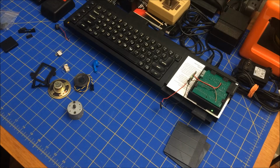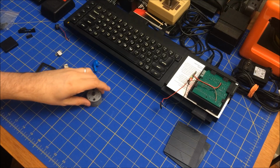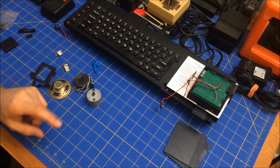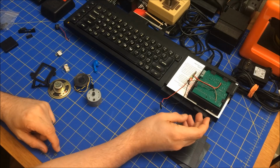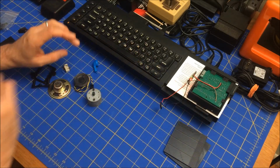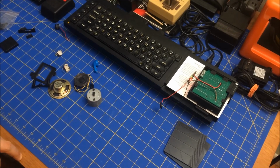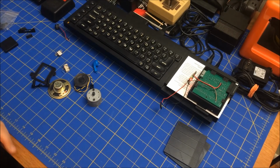And I indeed get the boot up screen. I know you can't see it. I always like to have the monitor somehow connected and showing in my videos, but there's just not enough room today. So if I boot this up, I'll give you the sound that this makes. If I plug this in, make sure this is also in focus. So if I plug this in,